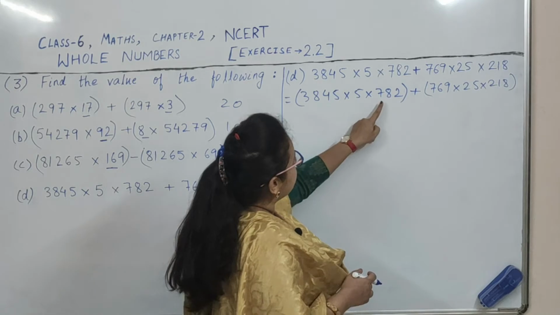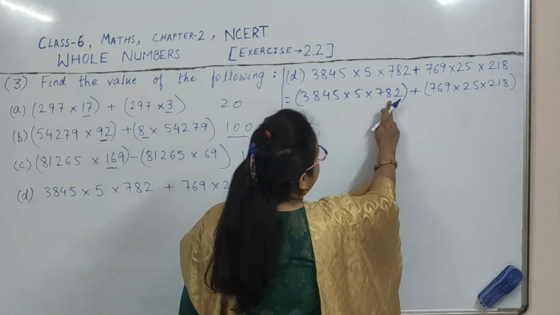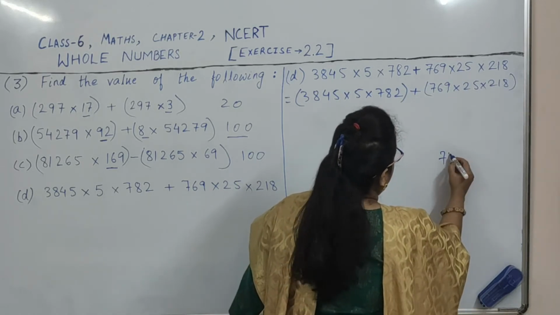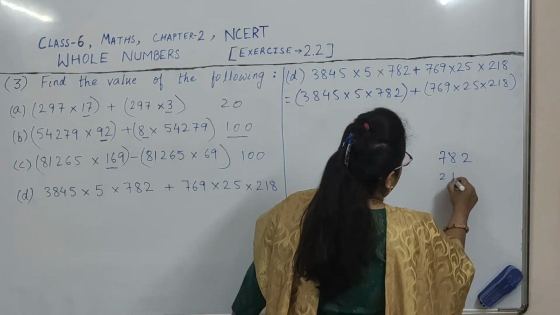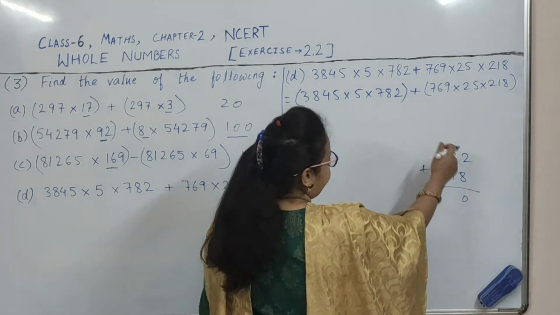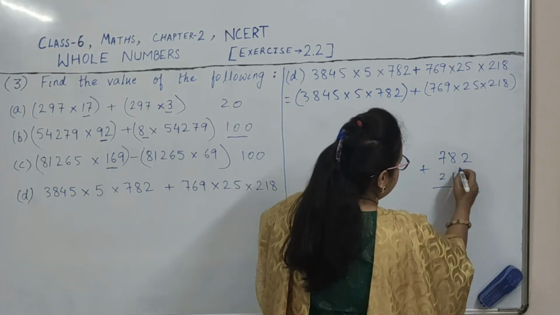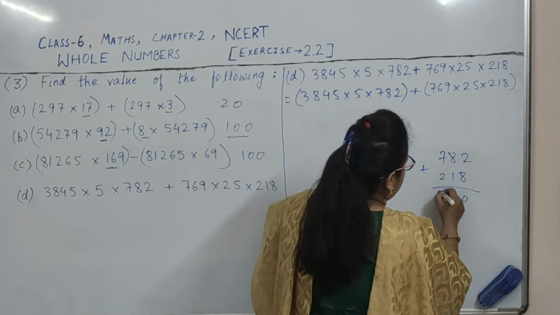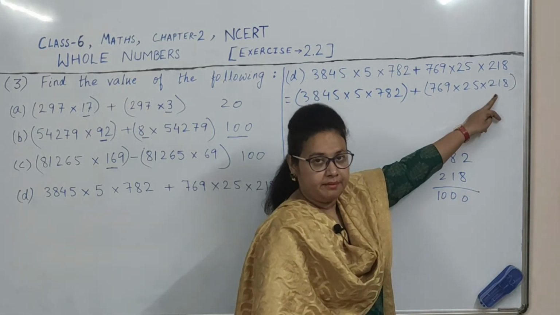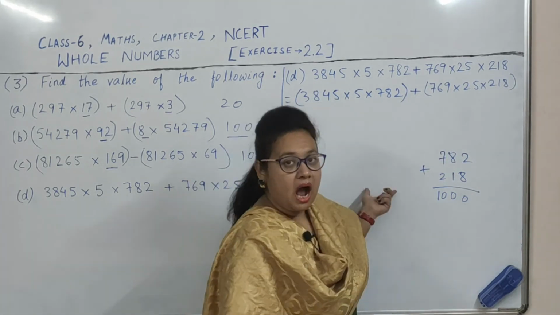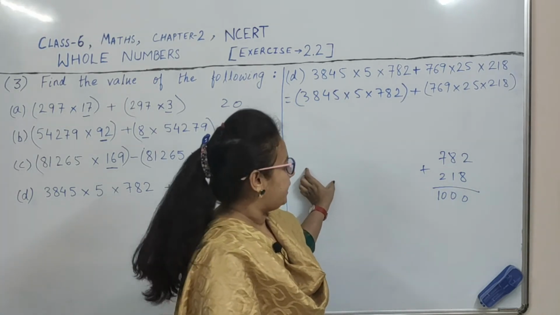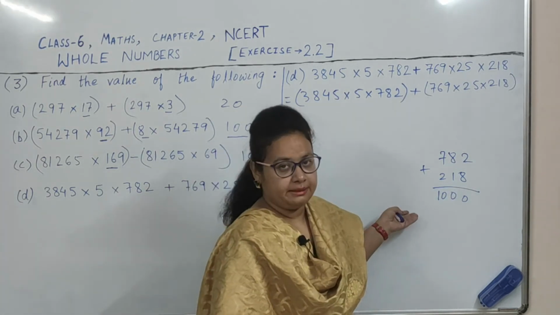So see these numbers. See this number plus this number. If these two numbers are inside the bracket, what will be there? 782, 218. This is if we add these two numbers, because the plus sign is there. See, 8 plus 2 is 10. This is 1000. So if these two numbers remain inside the bracket and the other numbers come out, then what will happen? The number which has come out, we can directly multiply that number into this.